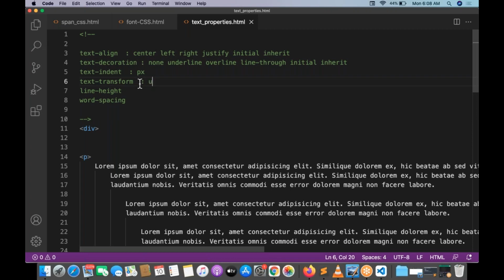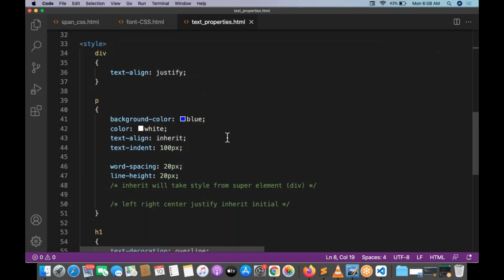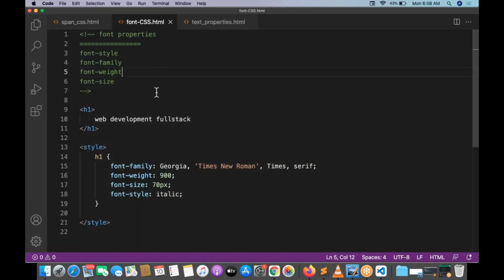Text transform: uppercase, lowercase, capitalize, initial, inherit. And line height is going to be something like pixel. Word spacing is going to be something like pixel. And finally, try to understand these are the multiple kinds of properties which are available for text alignment. And these are the multiple kinds of properties which are available for the font related